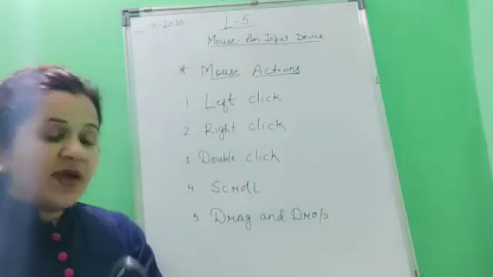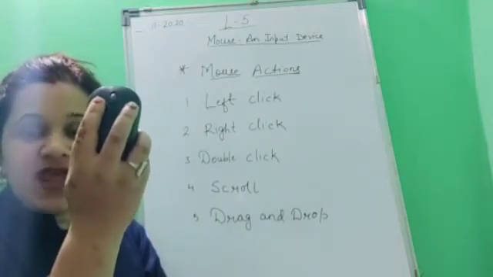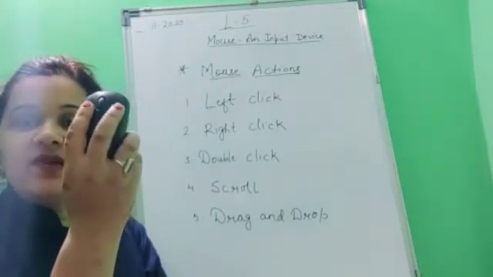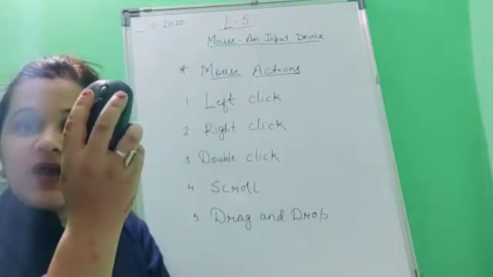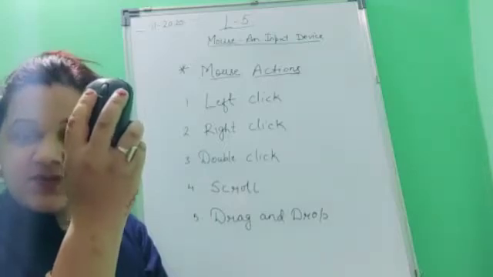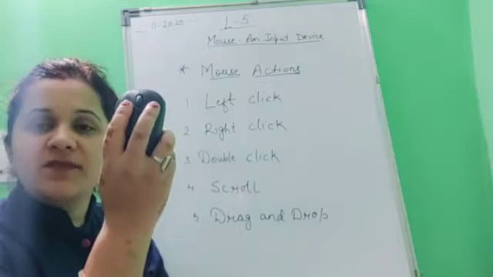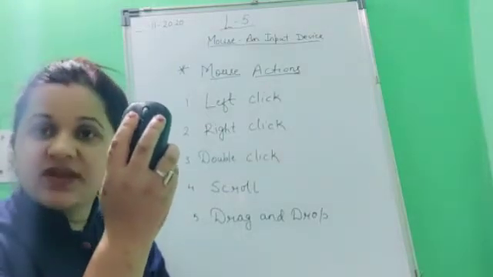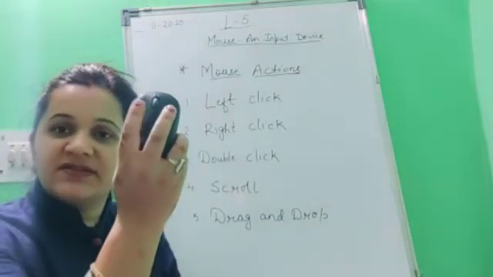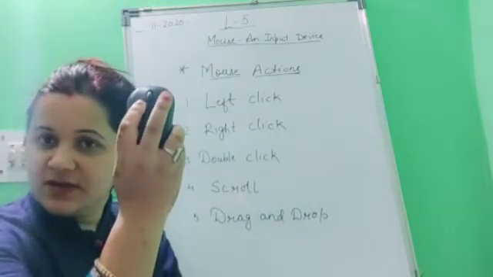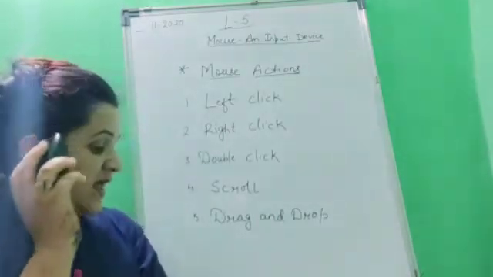Now children, when we press the left mouse button once and release it, this is called left click. When we press the right button once and release it, it is called right click. Got it children? When we press the left button, it is called left click. When we press this right button, it is called right click. Okay, next is